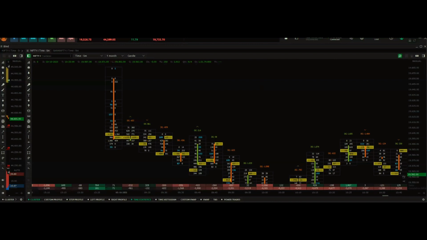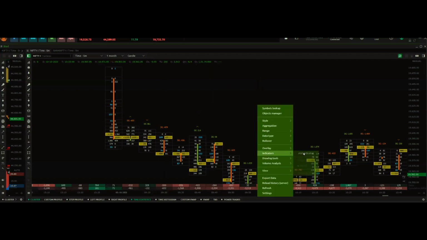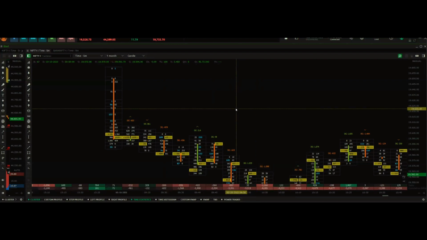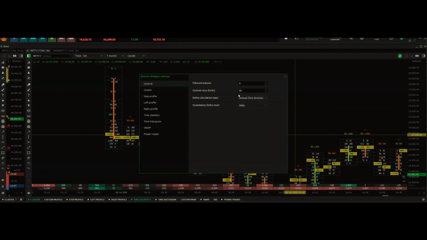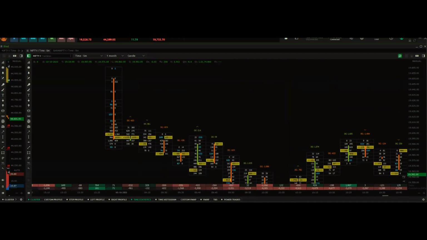Can you show the double ATR indicator usage on screen? Sure, I will just right click, go to indicators, and put on ATR. The 5-minute ATR that you are seeing, just double it. If it's 20 points, double it to 40, click on settings and change your custom steps to 40. You can review it on a bi-weekly basis. You need not change it every day or every 5 minutes to modify the tick size. If you do that, it will become too confusing for you and a lot of work in decoding order flow.